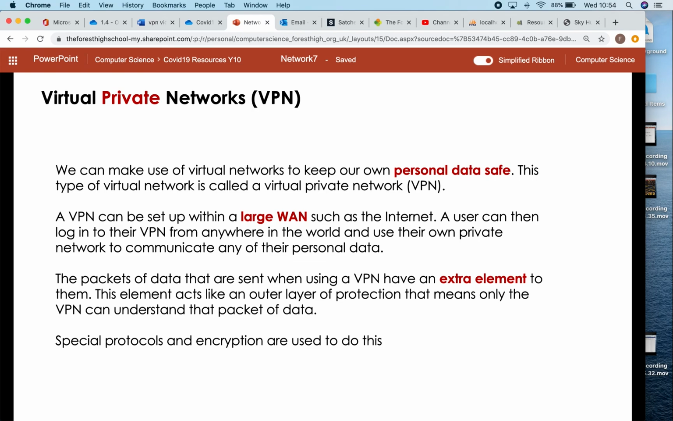So what happens is that as information is sent around the internet, it goes in packets of data. If you've got an email, that might be broken up into 200 bits. Each bit would be called a packet. But if you're using a VPN, it's got an extra little bit in that packet. And we're going to look at packets a little bit later on. It has that extra element to identify that it's from a VPN,